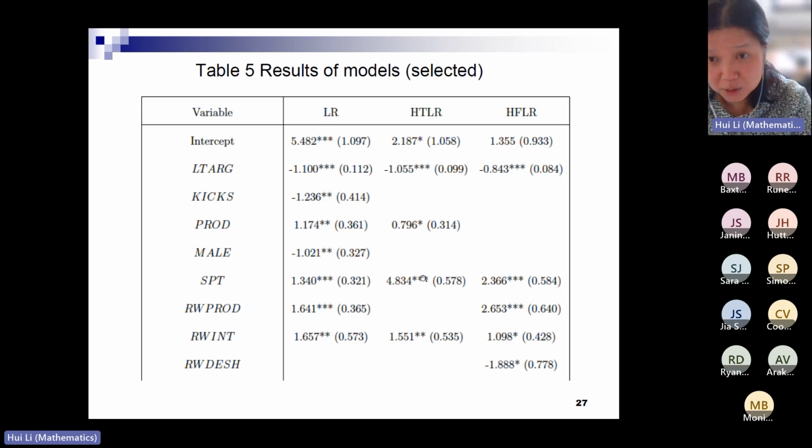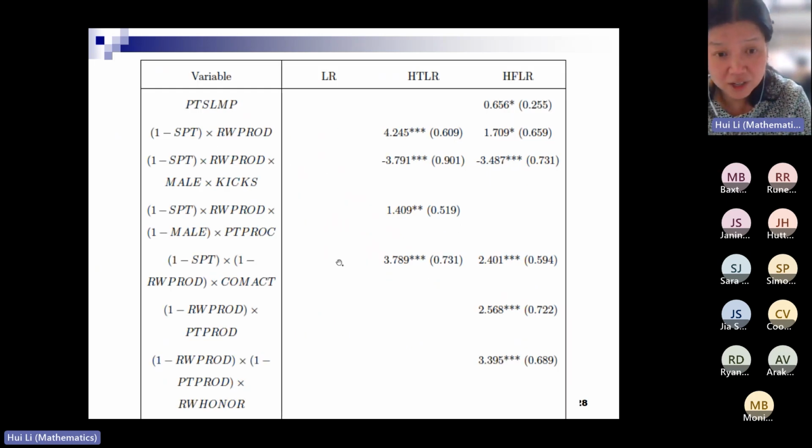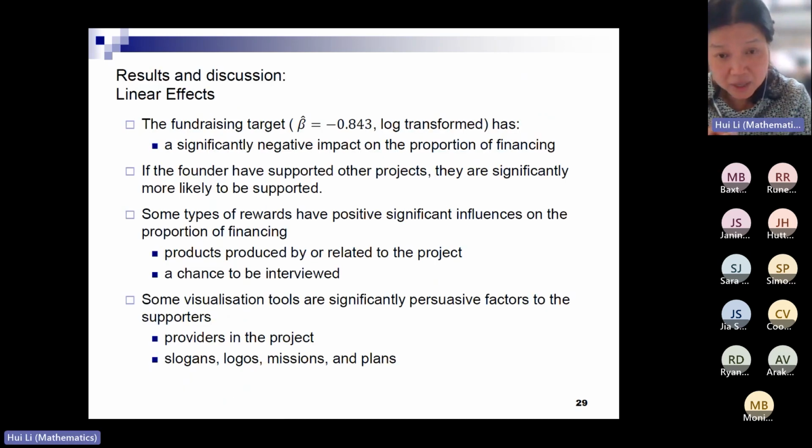Now, if we introduce more interaction terms of the nonlinear factors, the linear regression model couldn't handle so many nonlinear interaction terms, while the hybrid forest model stands out. This is only part of the regression results. There are more results because we have 30 variables and also a combination of all the interaction terms. So we have quite a comprehensive model based on trees from a hybrid forest linear regression method. But in a brief summary,